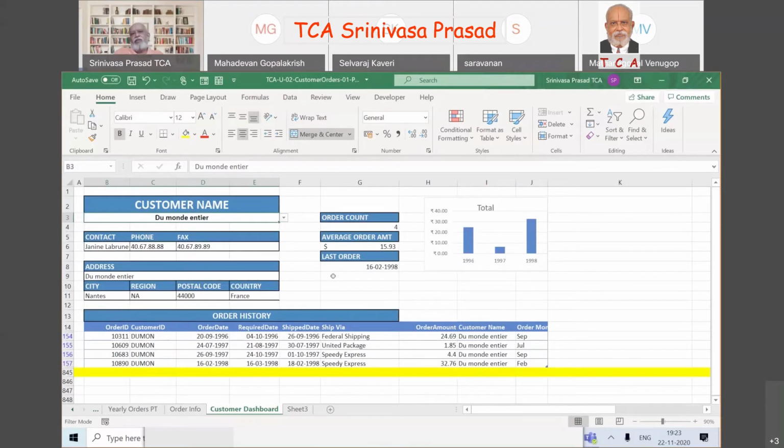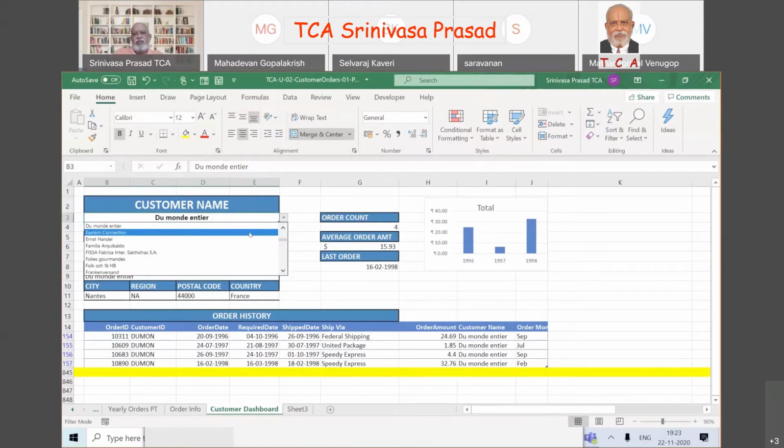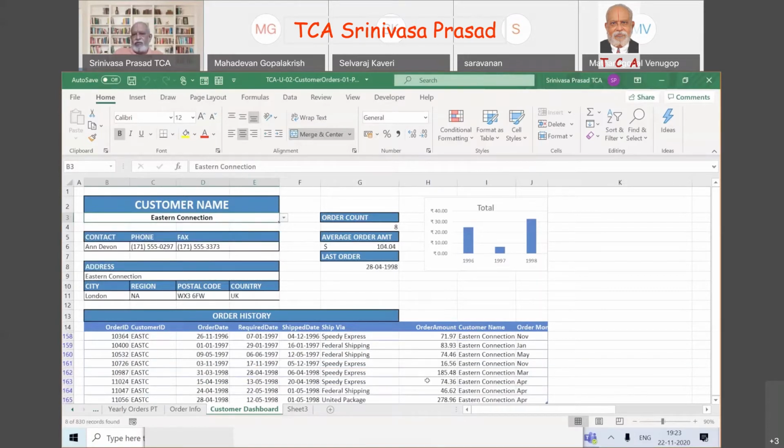What am I automating? The moment I select Eastern Connection, you remember all of you, we made something happen automatically in this worksheet at B3, we wrote a Visual Basic Application command. Then select only this and give me all these things, change the count, everything. I think some time back we did it.